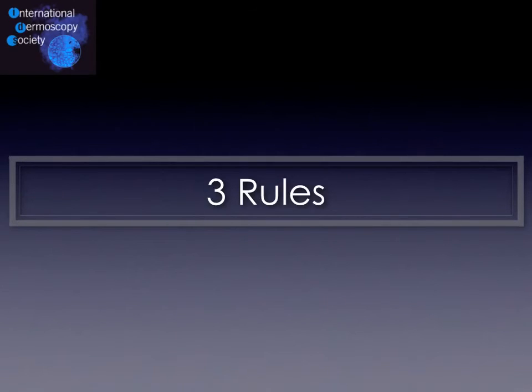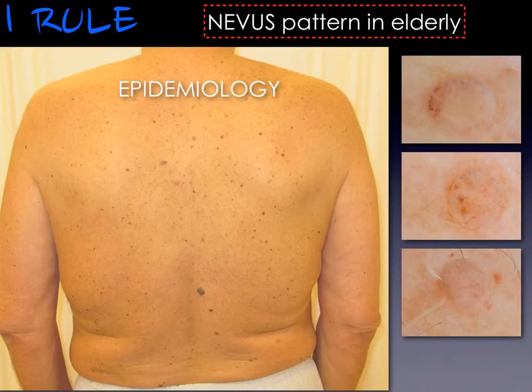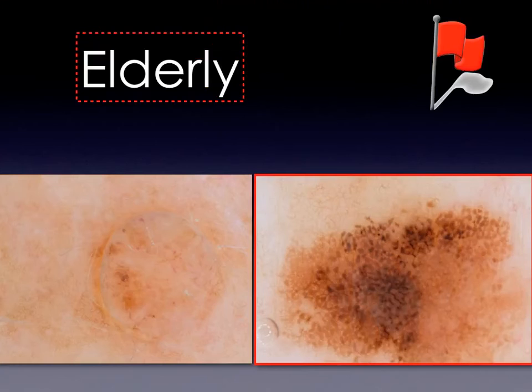Now let's consider 3 rules to recognize this special variant of superficial spreading melanoma. First of all, we have to remember that epidemiologically, the nevus pattern in the elderly is typified by the presence of intradermal persistent nevi and other non-melanocytic tumors such as seborrheic keratosis or solar lentigo. So when we have the presence of a flat lesion in the elderly, we should raise our index of suspicion